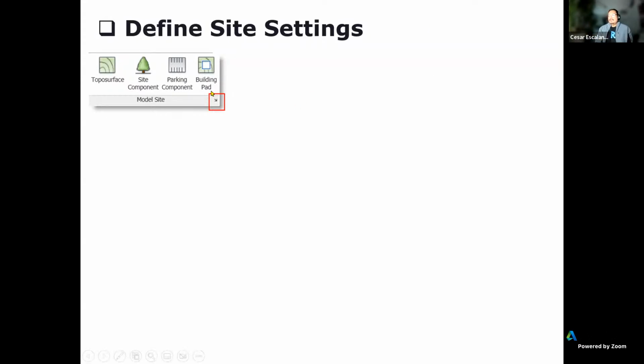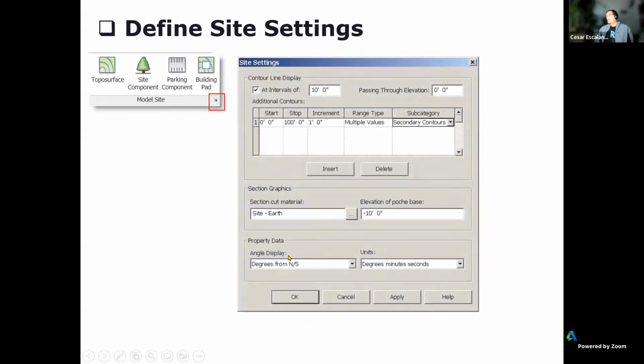I bet you never used this before, but under the Model Site panel, there's this little arrow pointing to the lower right that opens the site settings. This is the Site Settings dialog box. And these are ways to represent the different contours of a site. And so